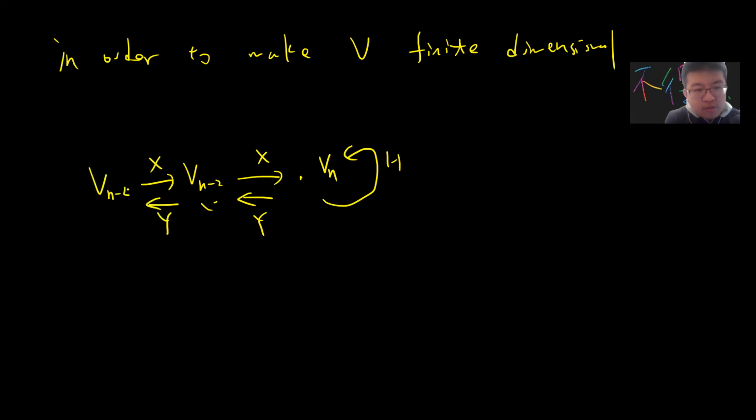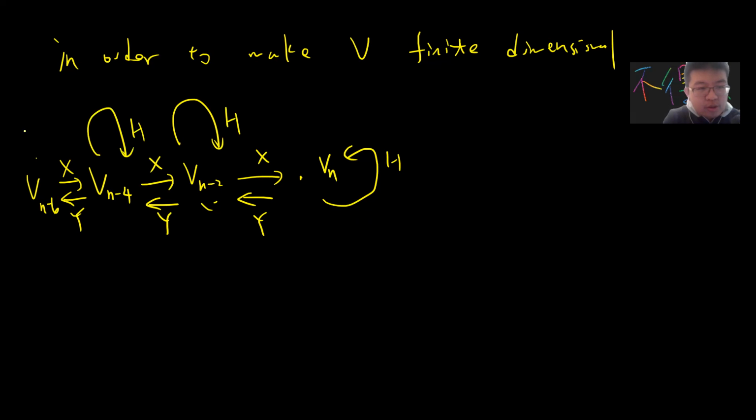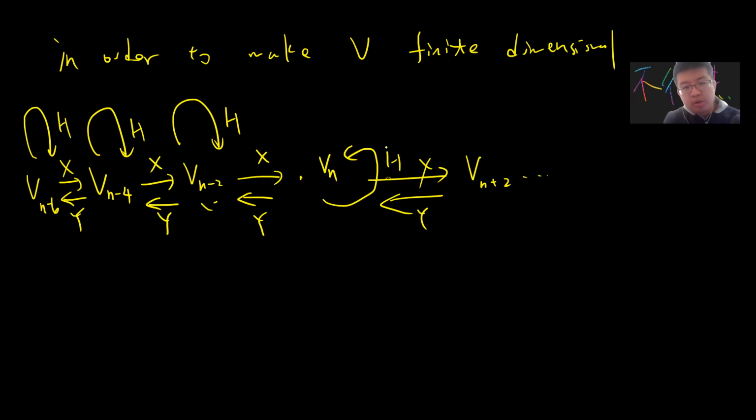This is Vn minus 4, and this is X, this is Y, and Vn minus 6, and the H will fix each of these. H is a self loop, and there is something going here, right? X and Y, and this is Vn plus 2, and you keep going, right? So in order to make this diagram finite, I mean, you can easily check, in order to make this finite,